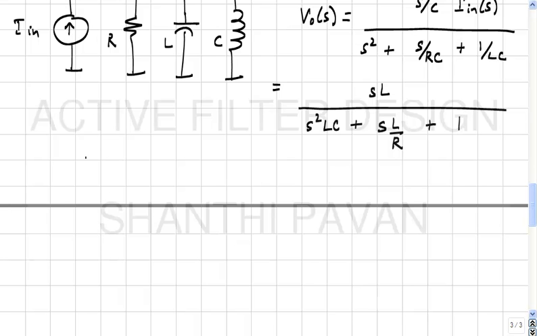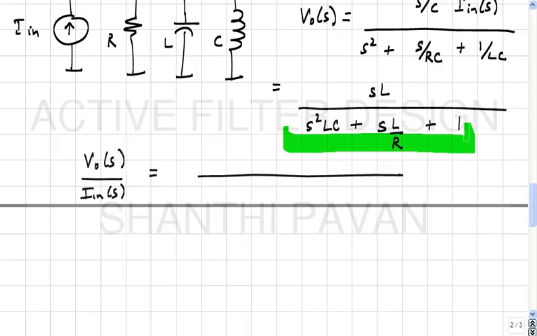So V out of S by I in of S, let's put the denominator in what is called standard notation. Okay. In circuit work you always keep the denominator such that the constant term is 1. You pull everything out, so when the denominator is evaluated at DC, you must get 1. So this is already in that form. Okay. So, standard form for a